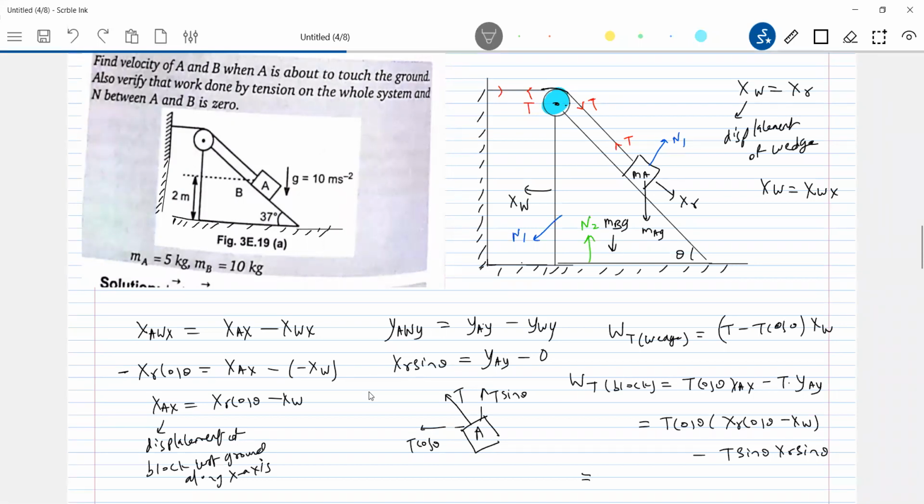XR cos theta will come like this. Here you see this one. XR I took it. XW I'll take positive. Because again it is, so this will be